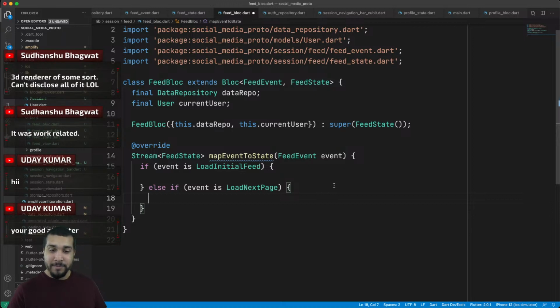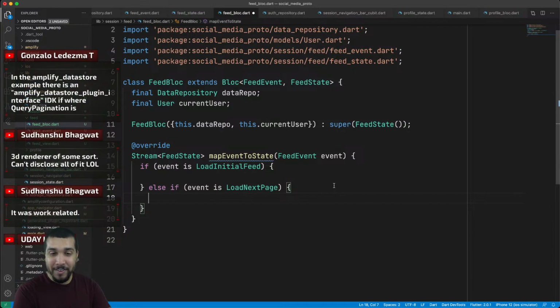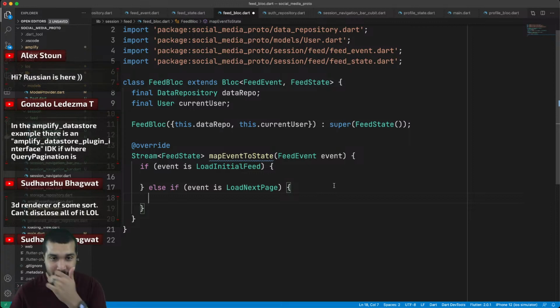3D renderer of some sort, can't disclose all of it. No problem. That sounds awesome though. Crazy that you have a 3D renderer. And did you say that your app is in Flutter too? I don't think you mentioned what type of app it was, but that does sound